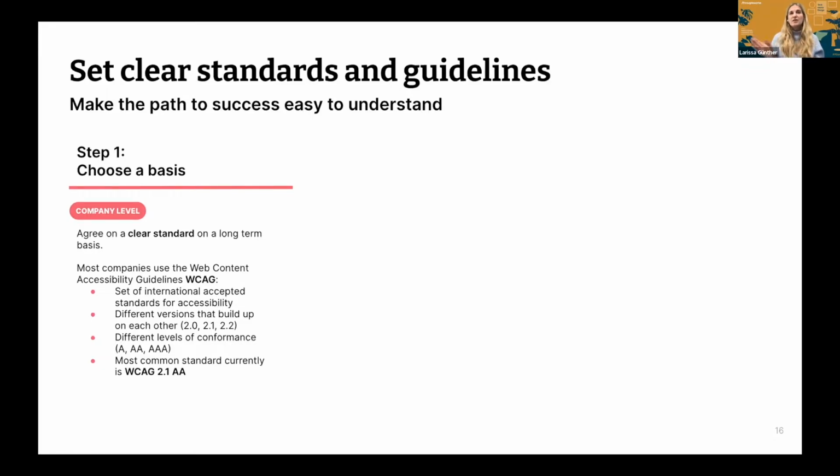And it's really used by a lot of companies and a lot of national laws to do exactly this, setting a standard. And there are different versions that build up on each other. There are different levels of conformance, and you can basically choose what you think is currently feasible and suitable for you. But the most common standard currently used is the 2.0 standard on a AA level, because